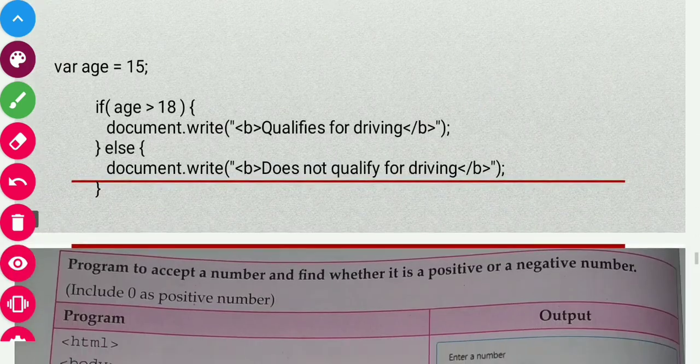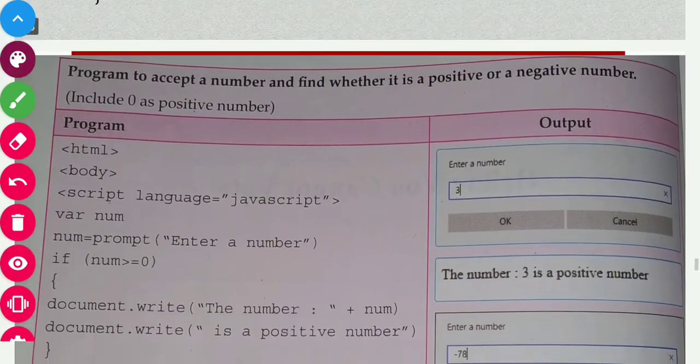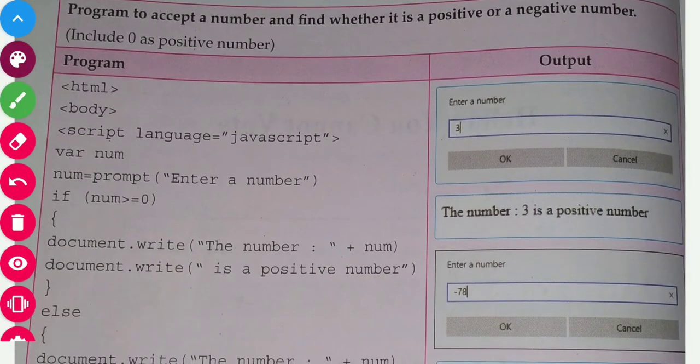Now we'll see, friends, one more example. Here you have an example: a program to accept a number and find whether it is a positive or a negative number. So first of all we'll start writing the program. HTML, then a body tag is there. Then as it is a